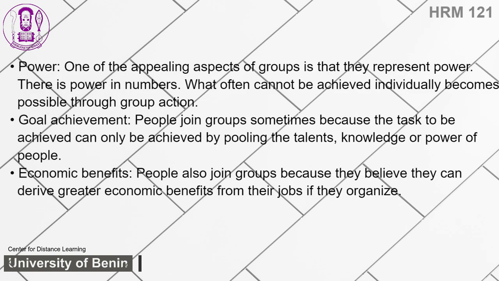5. Power: one of the appealing aspects of groups is that they represent power. There is power in numbers. What often cannot be achieved individually becomes possible through group action. 6. Goal achievement: people join groups sometimes because the task to be achieved can only be achieved by pooling the talents, knowledge, or power of people. 7. Economic benefits. People also join groups because they believe they can derive greater economic benefits from their jobs if they